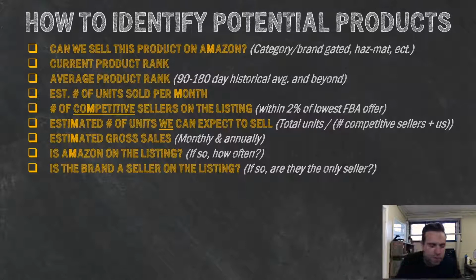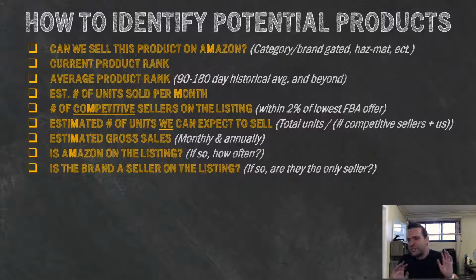So again, you guys might remember from the previous module, we typically don't like to sell a product if the brand is a seller on the listing, unless there are 3 or more, unless it's the brand or 2 or more FBA sellers. If the brand is on the listing, but it looks like they're allowing other sellers on the listing, that's why we want to look at 2 or 3 or more additional sellers, then it works for us. But if it's just a brand on the listing,